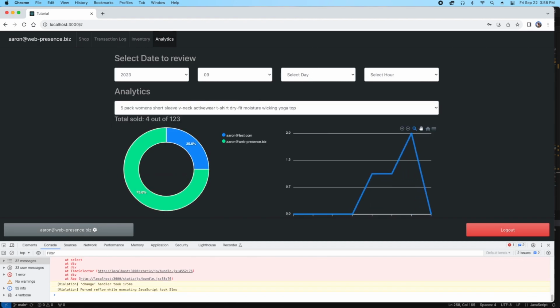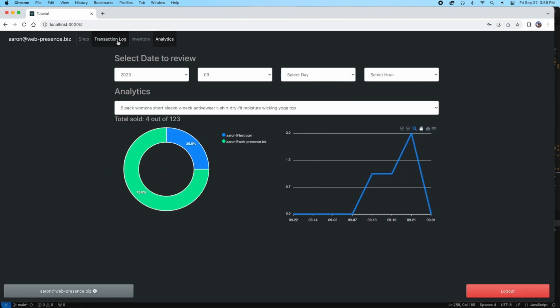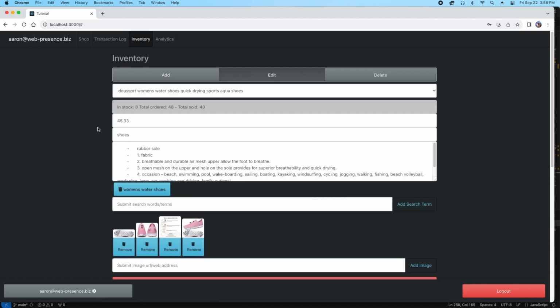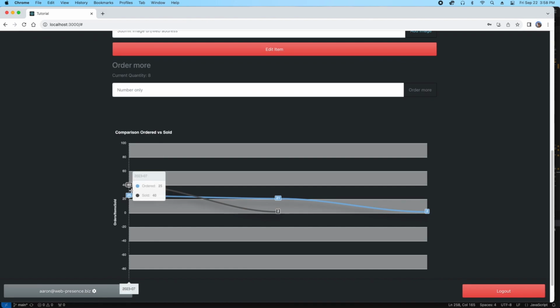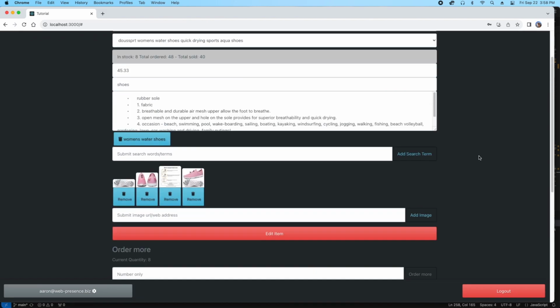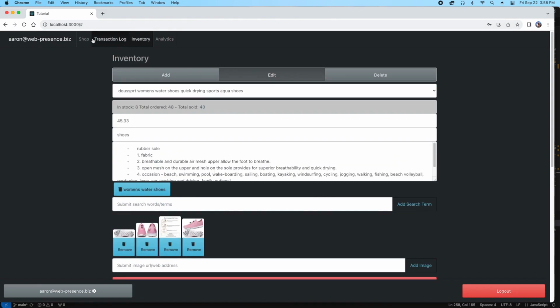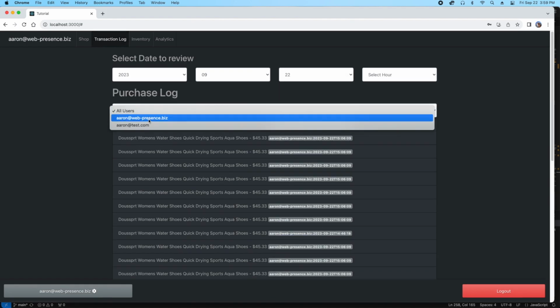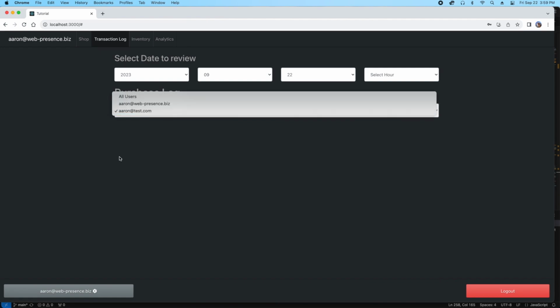So I'm going to walk through some things we already have. We've had this for about a year, from the last session, but here we are with our inventory now. And as you can see, we've got a graph that compares what we've ordered to what we've sold. Along with it, this is the transaction log that we've had for quite some time in our last group